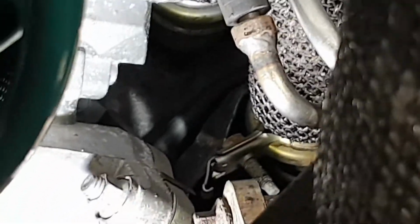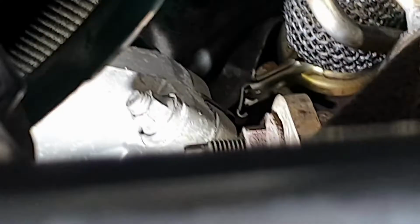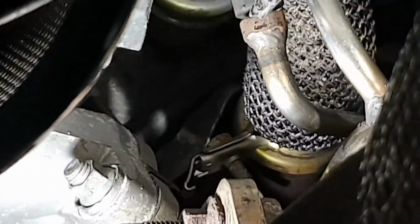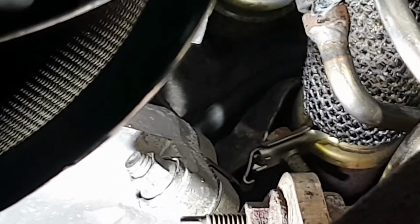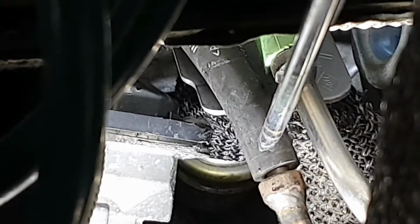Okay, now I'm going to disconnect this hose. This pipe is for the sensor connected before the catalytic converter or particulate filter, the upstream pipe, or the one with the bigger diameter, this one. So I'm going to disconnect this hose, and because it's very difficult, I will not be able to show you the procedure,